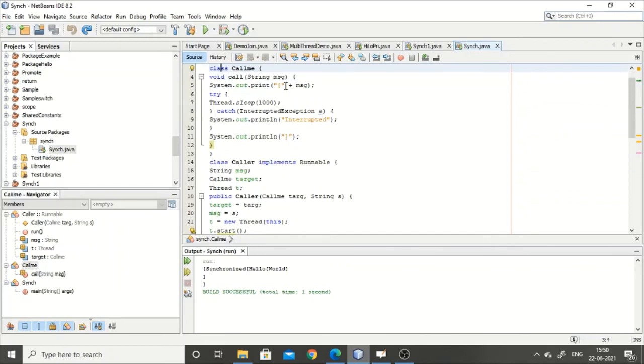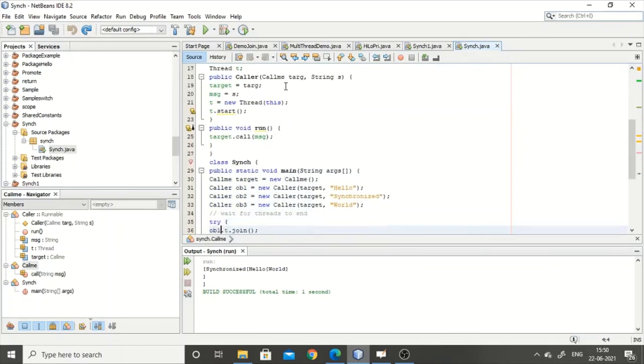another thread tried to occupy that particular second thread. I mean all these threads were there. When it called that particular message, it went for sleep and the second thread tried to occupy and the third thread tried to occupy. So these three threads were also trying to occupy that particular processor. The output is like a square bracket, then it came, instead of hello being completed. Actually hello should be completed according to the synchronized concept, only hello should be printed, then synchronized, then world, but here it is in an unordered way, it is not in a synchronized way.